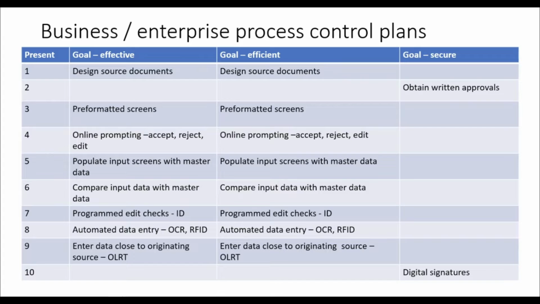So examples of enterprise process control plans are designing source documents to become effective and efficient, obtaining written approvals to become secure,